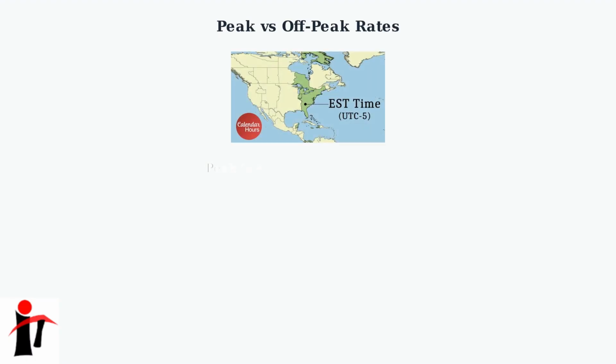Peak rates apply during U.S. business hours from 8 a.m. to 8 p.m. Eastern Time, with potentially discounted off-peak rates outside these hours. Unlimited plans often include a set number of ILD minutes, typically 100 to 200 minutes per month at no extra